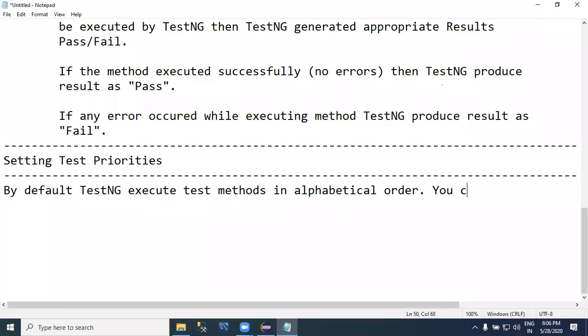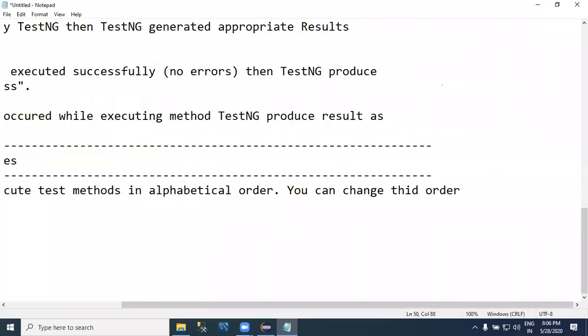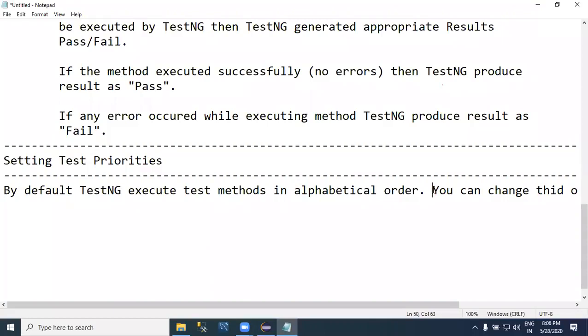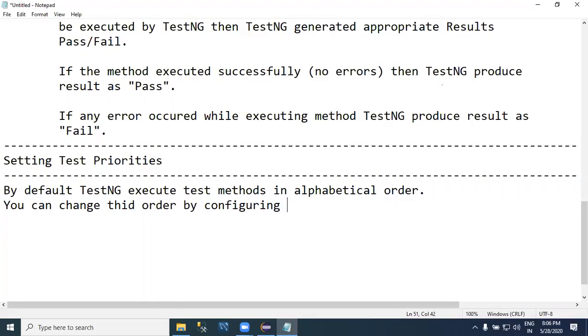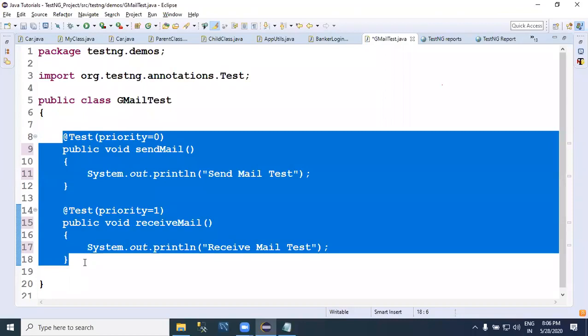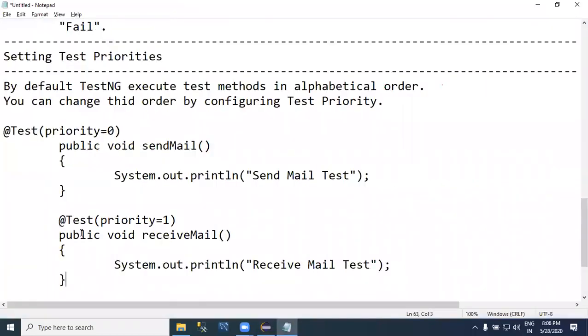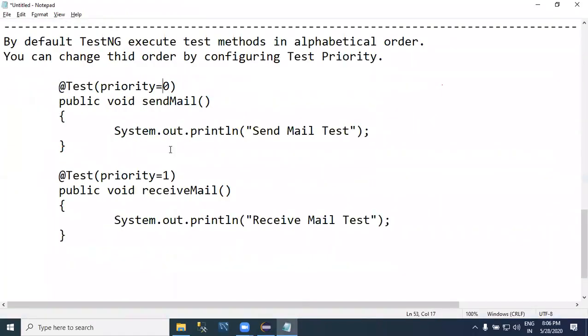You can change this order by configuring test priorities. Like this. So here, the least priority, index wise, they will be executed. Well,